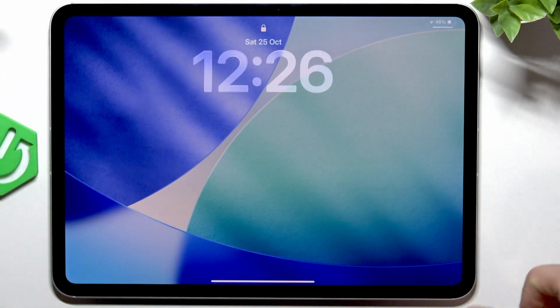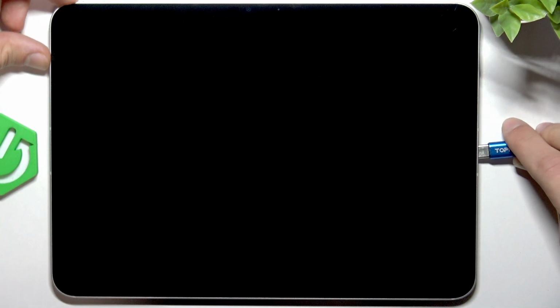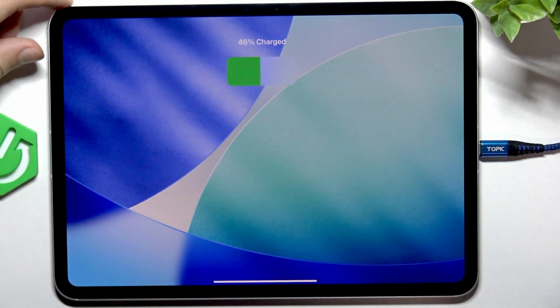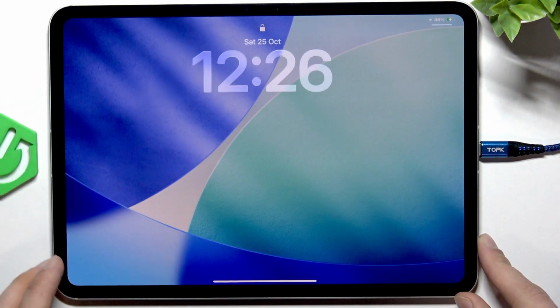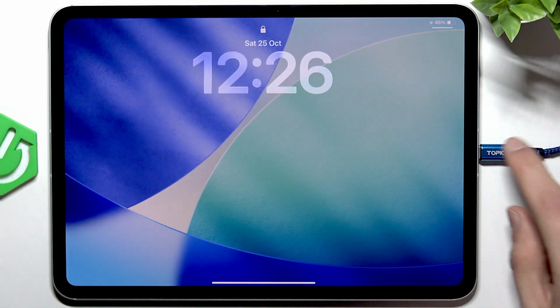First thing you have to do in such case is connect your device to a computer like a PC or iMac or MacBook. If you're using an Apple device, then you just have to open Finder on it. And if you have a Windows PC, you have to download the latest version of iTunes application from the official Apple website. Once you plugged in the USB Type-C cable into your device, plug in the other side into your